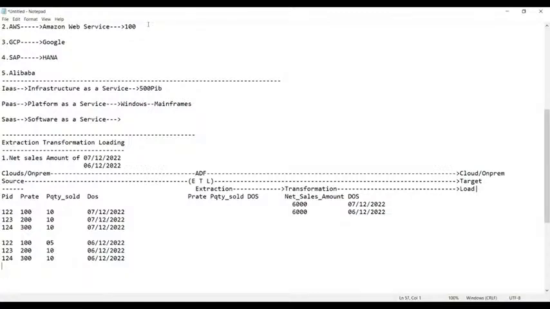Sir, does recession impact the cloud market? If a recession comes, obviously everything will be affected. To be honest, the requirement is on the cloud, but if the market is down, nobody can help, not even me. We are part and parcel of the industry. Am I right? Yes, sir.